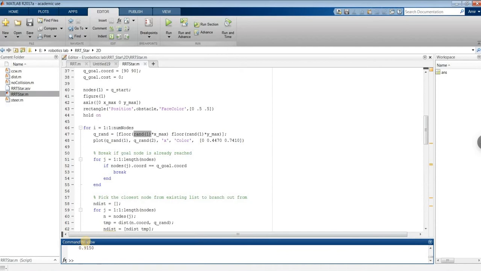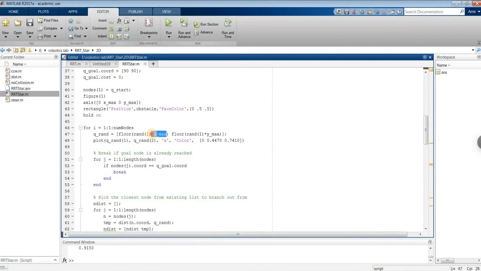Yeah, so the range will be from 0 to 1, and to make it compatible with our range, which is 0 to 100, we have to multiply it with our x range and the y range, and then we have to use this command floor to drop the decimal point. So this will be our random point, which will have an x coordinate and also a y coordinate. And then in the next command, they have plotted this random point,